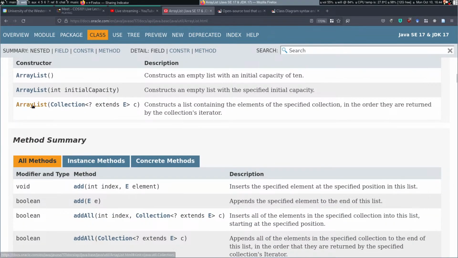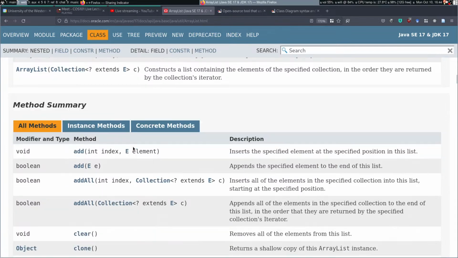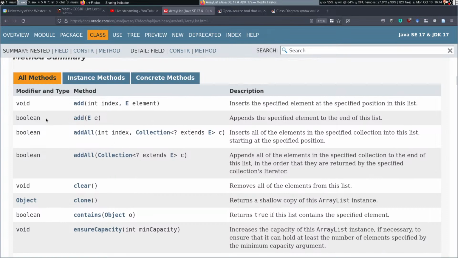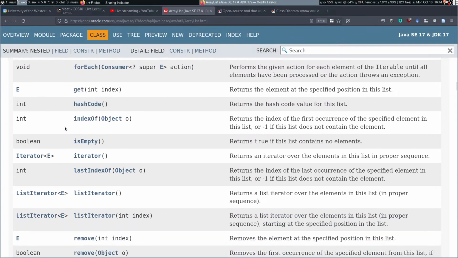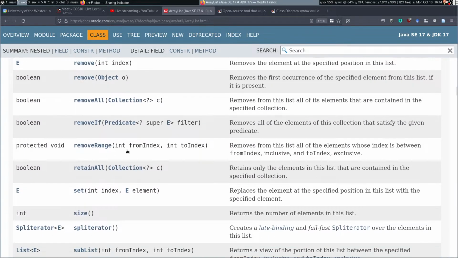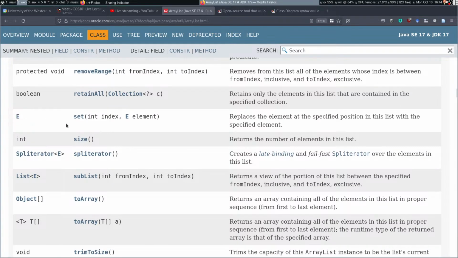And then you can see an ArrayList can be constructed from a collection that extends E. So any type that extends E, that kind of collection. The methods are now saying, okay, add an element, and this is the type of the element to add. So let's just look down here. Then set will take an integer index and a type called element,